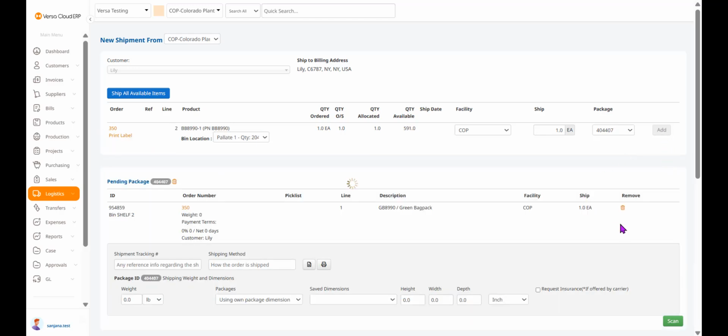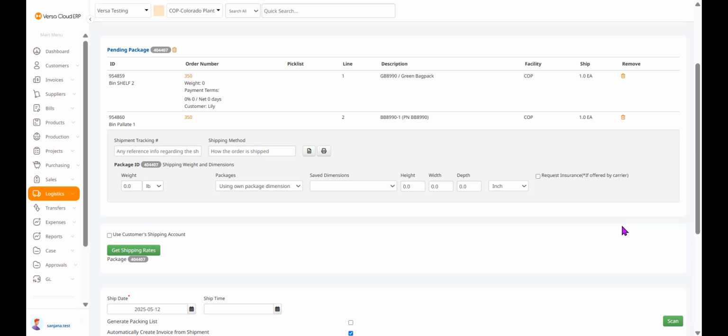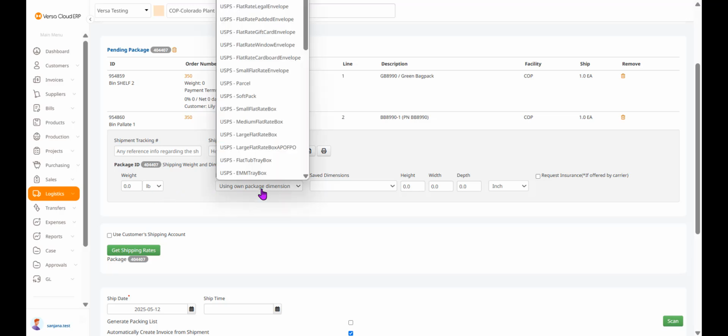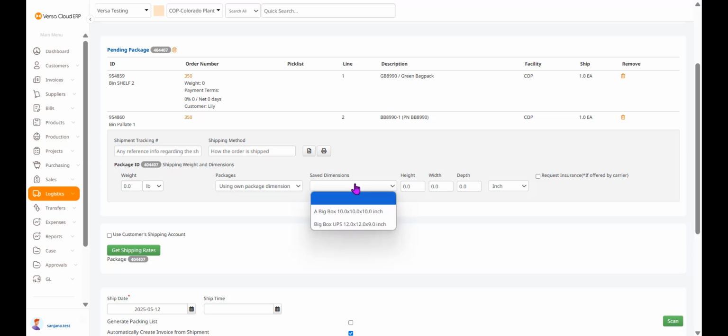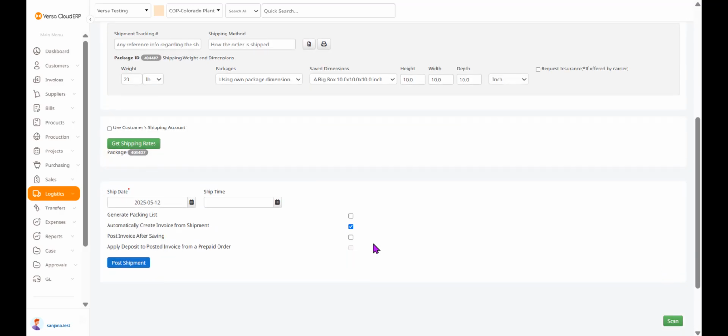We can go ahead and add both the lines of the sales order. Once the user fills in all the details, such as tracking order number, shipment method, and the package dimensions, here the user can choose to click the option Get Shipping Rates to get shipping rates from the respective carrier for such a package,